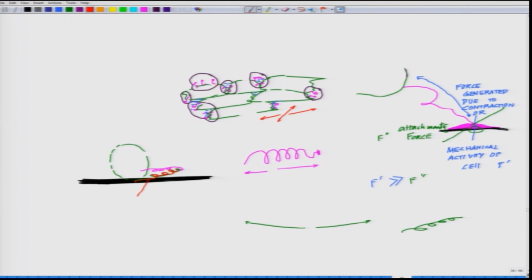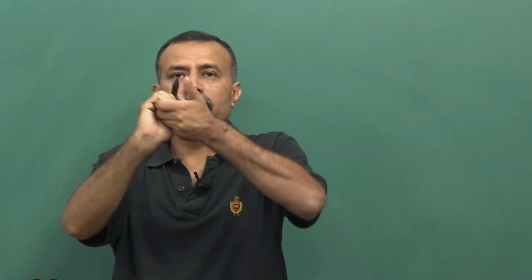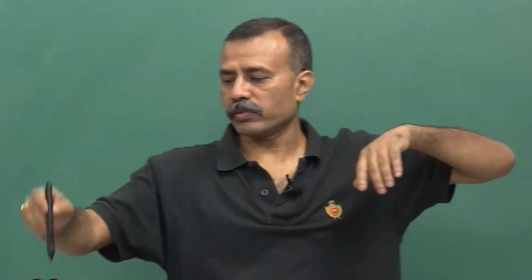So, this is the red with which you have coated the surface, and the pink one, what you observe, is secreted by the cell. Now, if these two interact with each other,